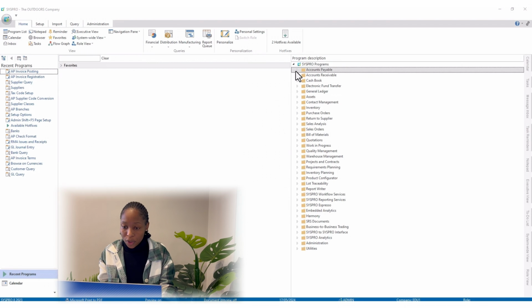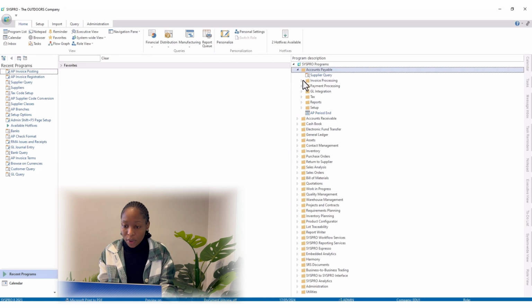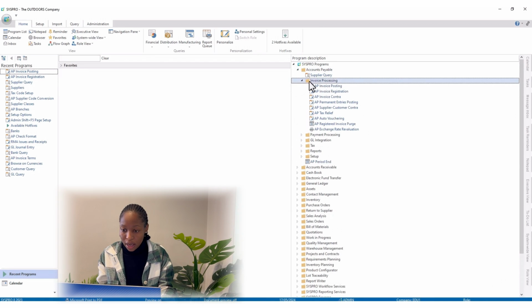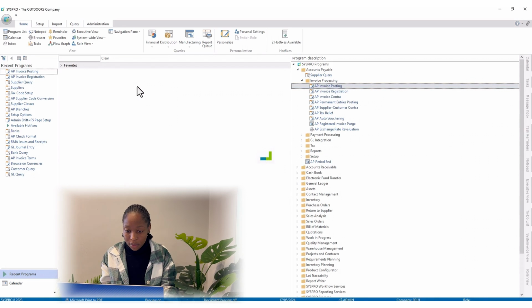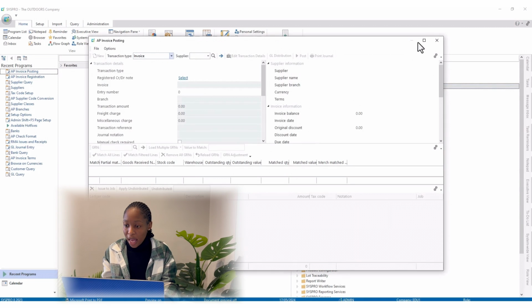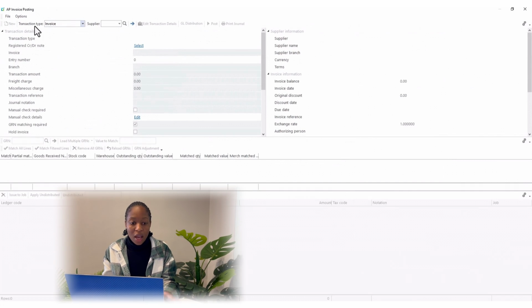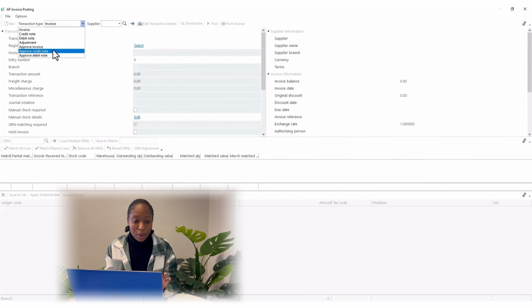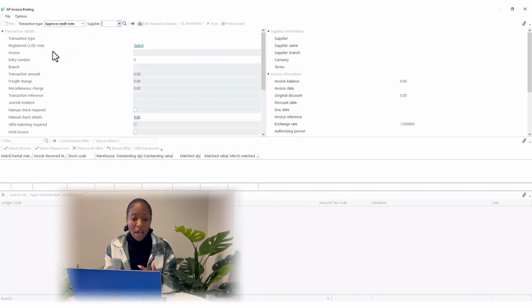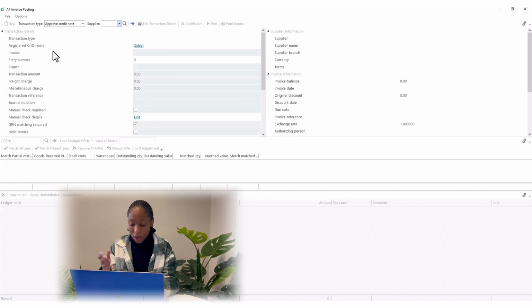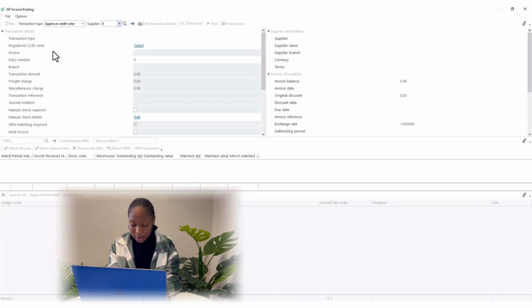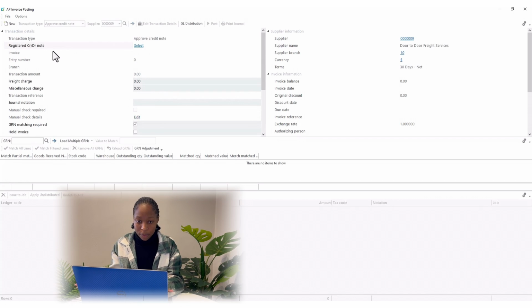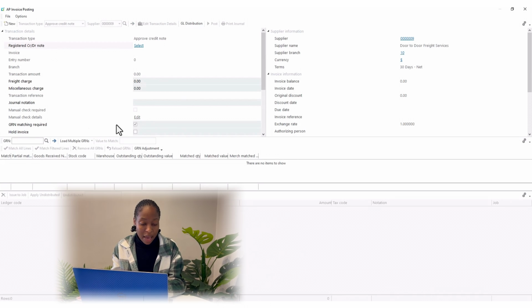So we're going to go to Accounts Payable, and we're going to go to Invoice Processing, and we're going to go to AP Invoice Posting. And we're going to make this bigger. On transaction type, we're going to click the arrow and select Approve Credit Note. And on supplier, we're going to enter the supplier code, and in our example, it's 9, and we're going to tap off. Okay, so we're going to deselect GRN matching required,